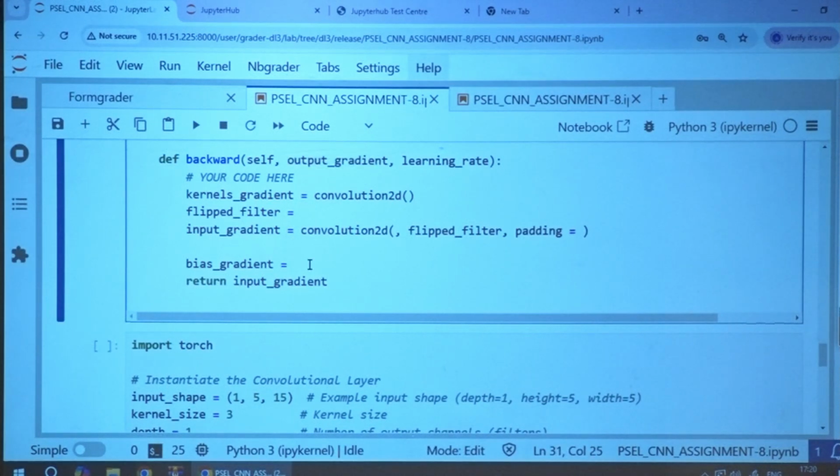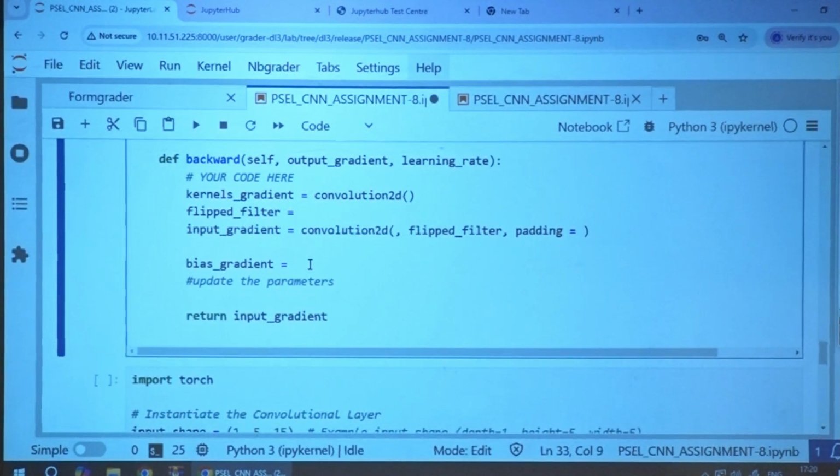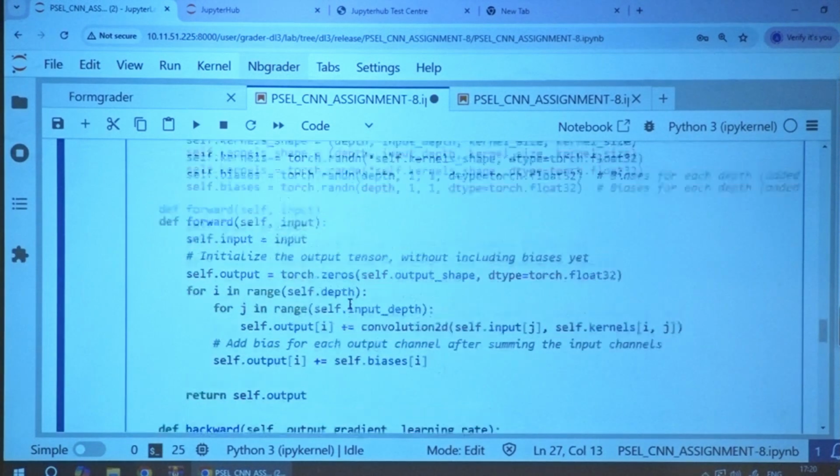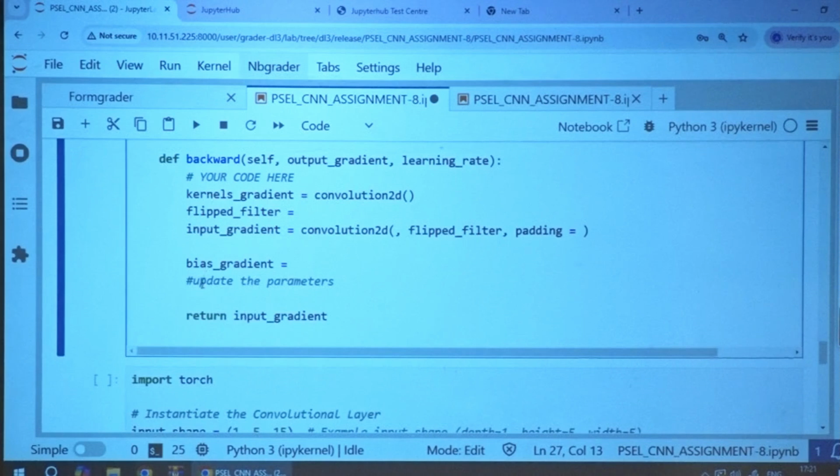Once you got the bias gradient, the next step is updating the parameters. What can you update? 2 things you can update. Anyhow, the input gradient you are returning. So the bias and the kernels are to be updated. The variables which I took are self.kernels and self.biases.